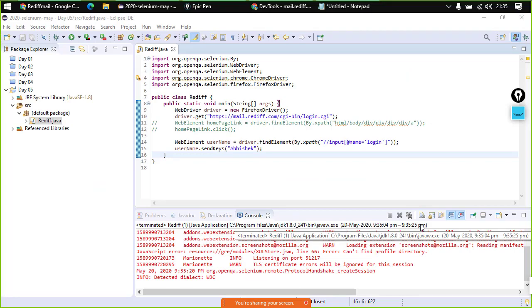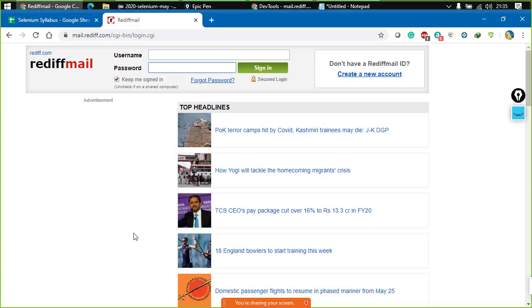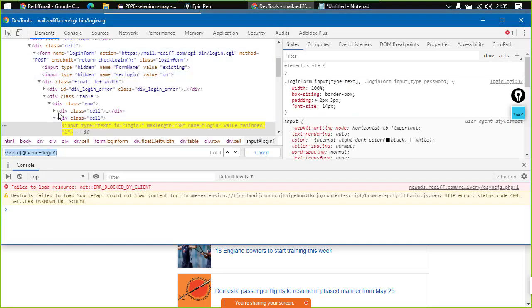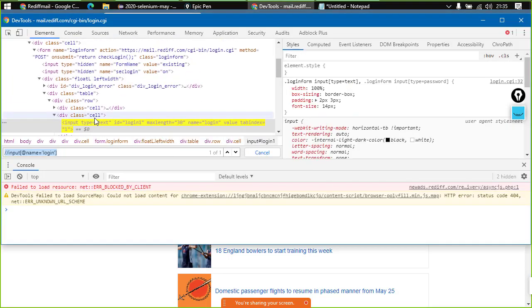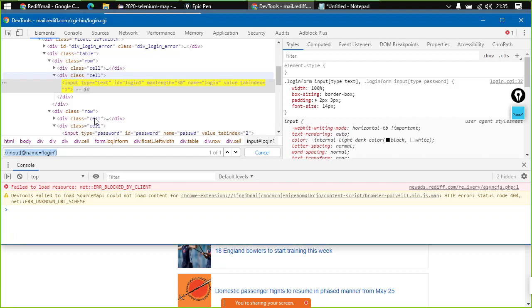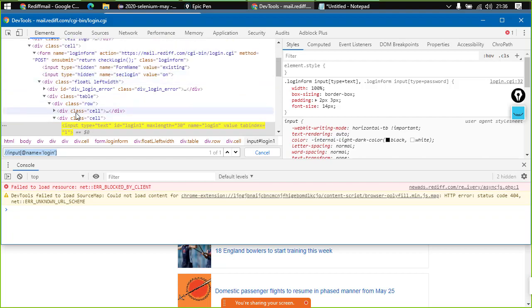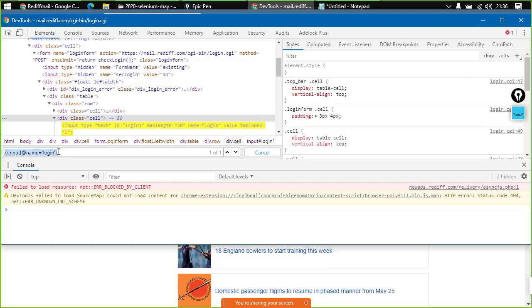Can we have more XPaths? Actually, yes. So question is how, right? So over here, if we go to the developer tools, we can do mix and match as well, right? Question is how. If you notice something, we have a div tag with the class cell, right?